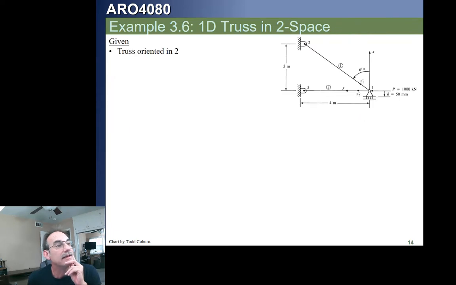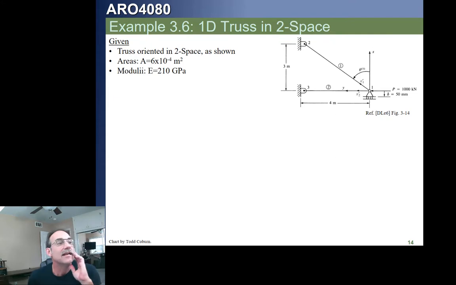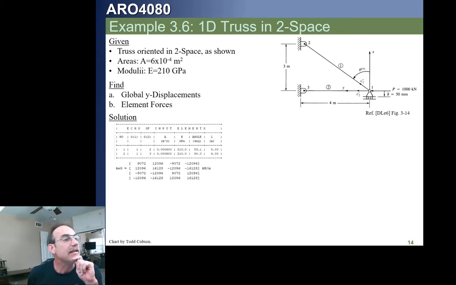All right. Here's another example, 3.6. Now this is a little trickier because we have an imposed displacement. This is a non-homogeneous equation. It's a little more challenging. Let's take a look at how this works. So we're going to go through the same process with a little switch up, a little more complicated step in the middle, okay? We're going to start by, here's just an echo of our input properties,